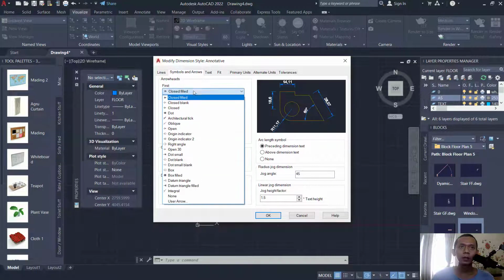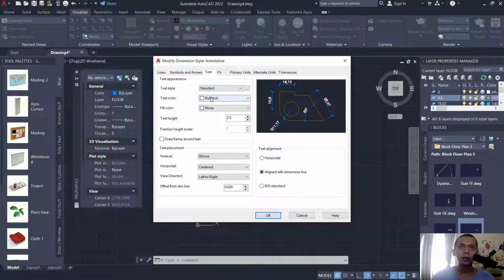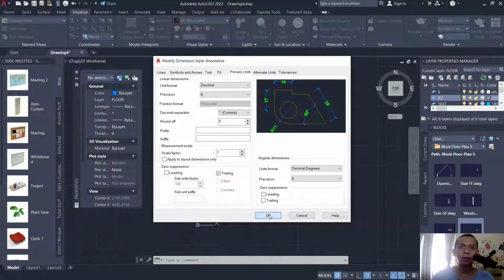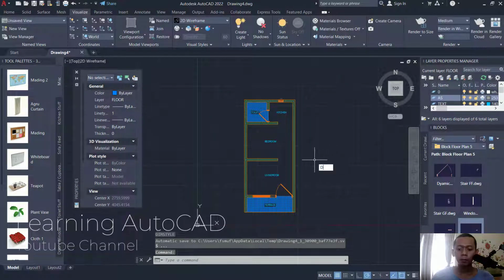In symbol I will change it into architectural tick, and for text in here we can change the text color into green. Use text placement into center. And for primary units, we can set precision into 0. Click OK and close.